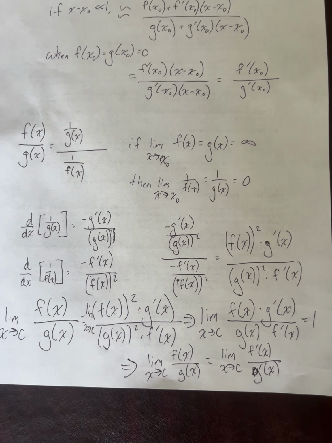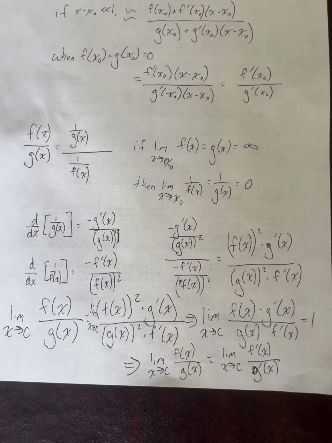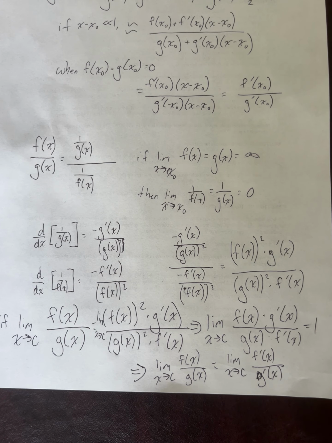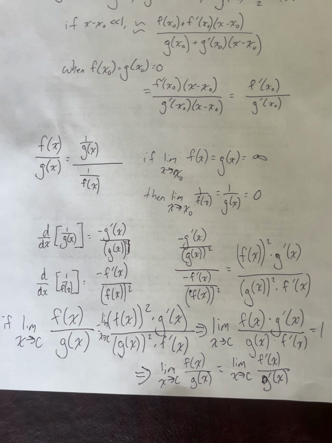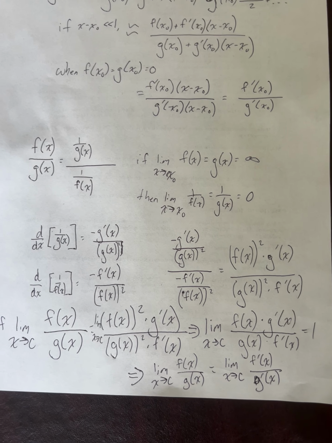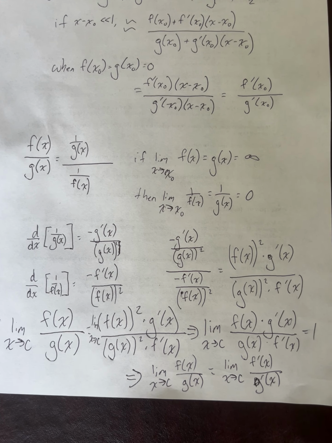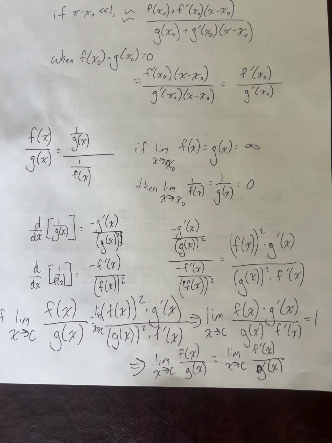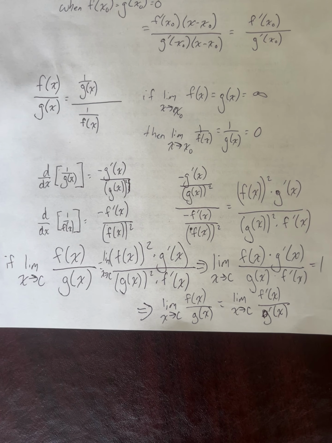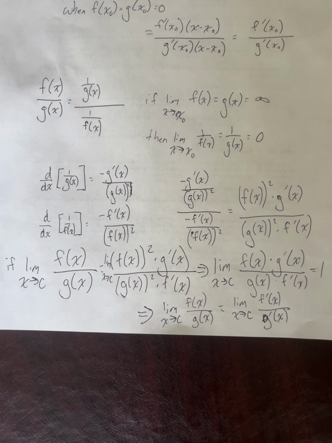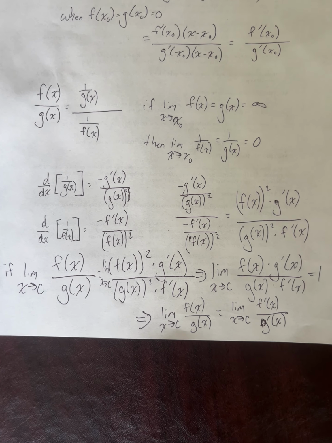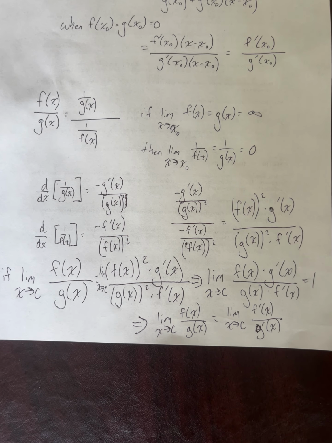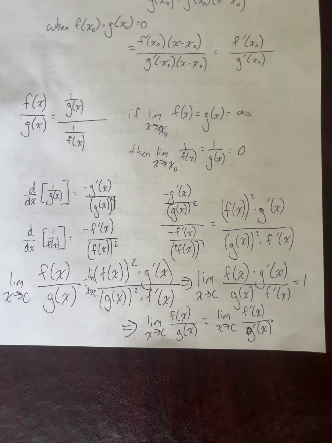Now, as noted here, if you take the derivative of the reciprocals of g of x and f of x, that gives us f of x squared times g prime of x over g of x squared times f prime of x. Now, setting the limit of that equal to the original function ratio means that the limit of f of x times g prime of x over g of x times f prime of x as x approaches c equals 1,